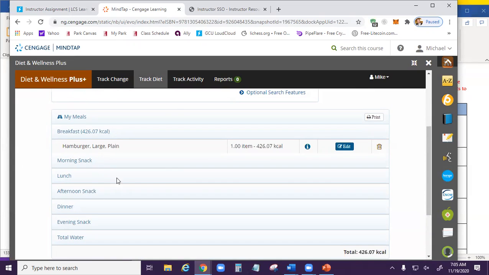You should consider your snacks anytime in between meals. So even if you have multiple snacks throughout the day, like let's say that you're eating lunch at noon, and then you have a snack at 1, 3, 5, and dinner at 7. All of those snacks would go into your afternoon snacks because it comes before dinner. Does that make sense?